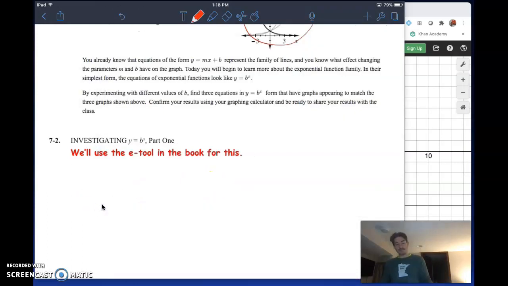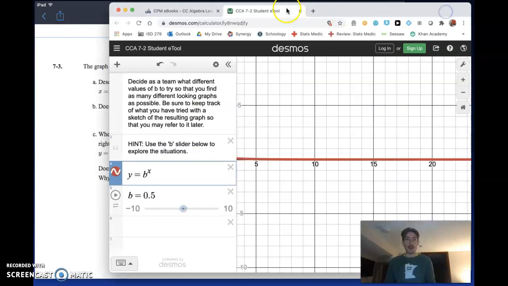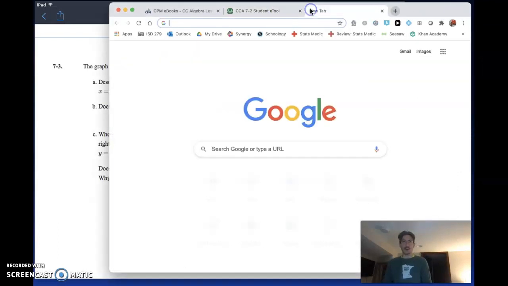Okay. Here we go. We're going to move on to 7-3, and we're going to talk about this problem, and we're going to use Desmos one more time. We've got a function y equals 1/2 to the x power, and I can see the graph, but just to make sure we can utilize a tool to help us do some solving or some critical thinking about some things, I'm going to go back to just a brand new Desmos window,